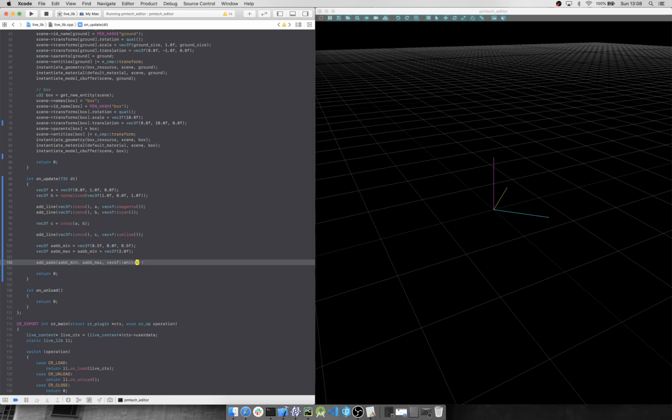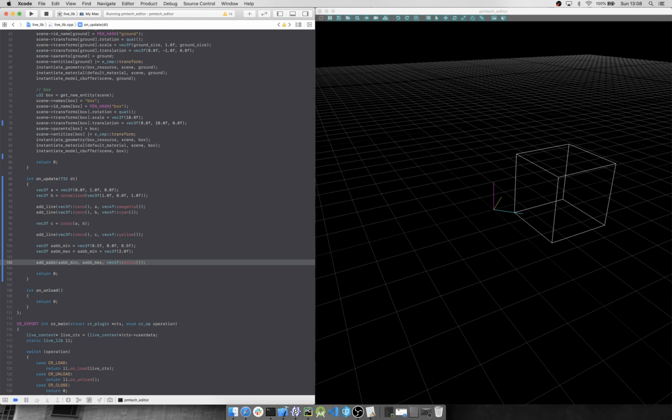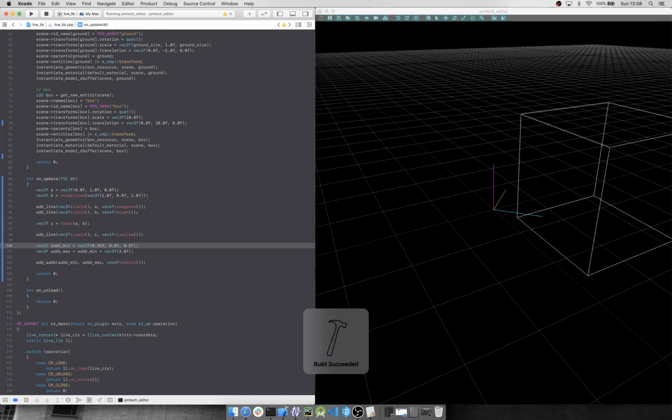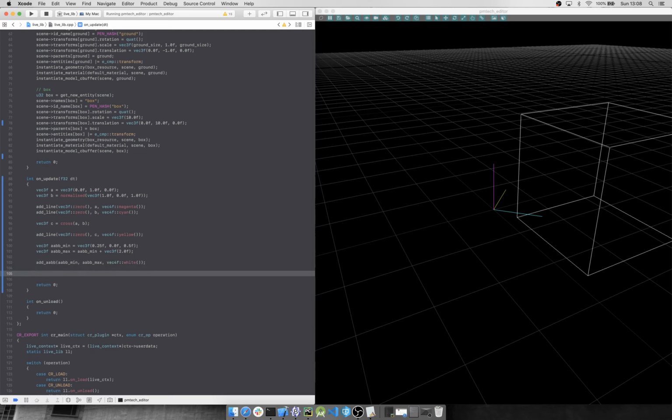Hopefully I'll make this one in white, and there we go, we've got an AABB there. I'm just going to change the position of it slightly. Let's see if this works. Okay, cool. And then also I have this linear algebra library with a whole load of geometric and intersection tests